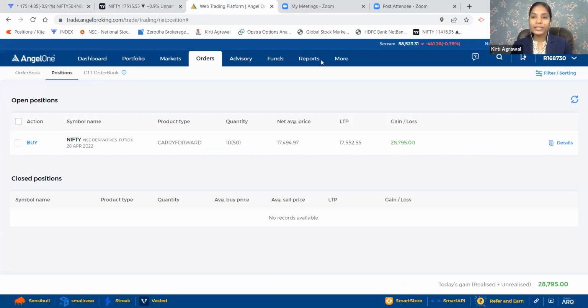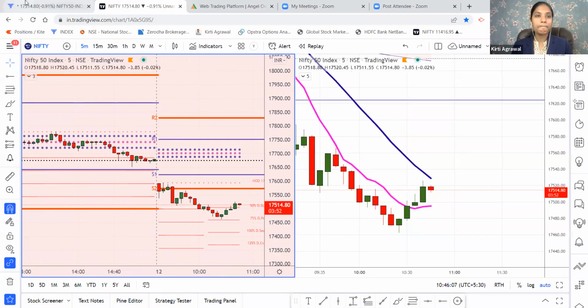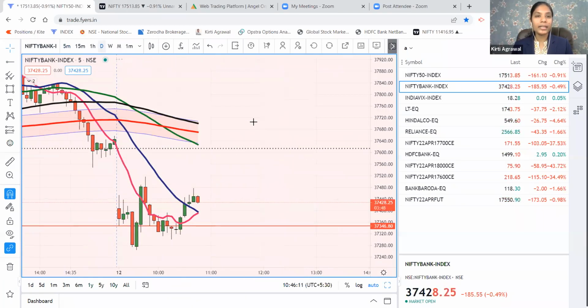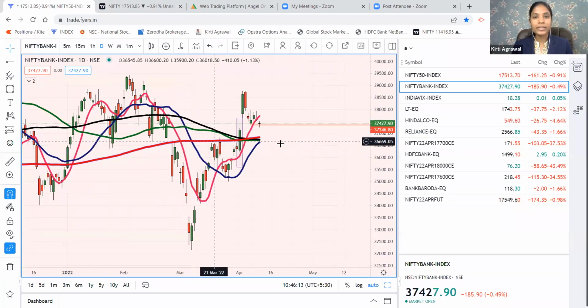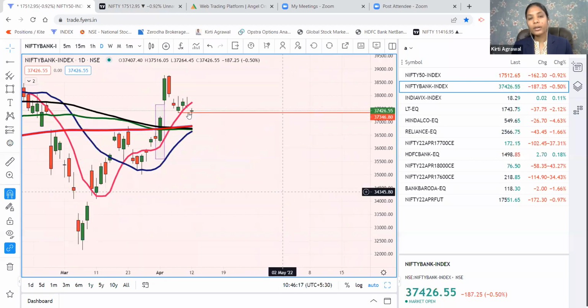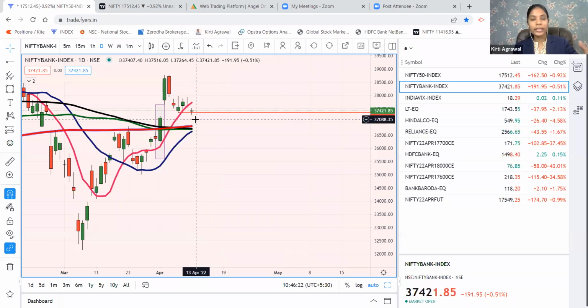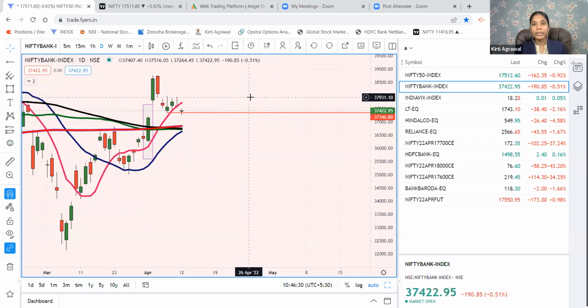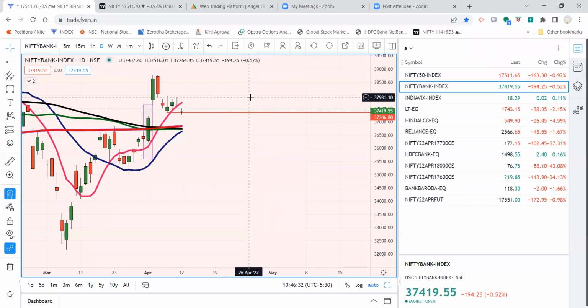So looking at the structure, looking at the things, I'm hopeful about the market, right? और जहां तक बैंक निफ्टी का सवाल है, बैंक निफ्टी 200 दिनों के आसपास है। एक तरीका ये था कि आके इसको टेस्ट करती, और दूसरा तरीका है कि यहाँ पे ही नया लो नहीं बनाती है तो हमको इसमें रिकवरी देखने को मिल सकती है। जो भी तरीका बैंक निफ्टी अपनाए, अगर आज के दिन का लो नहीं करता है तो we may see a move coming back towards